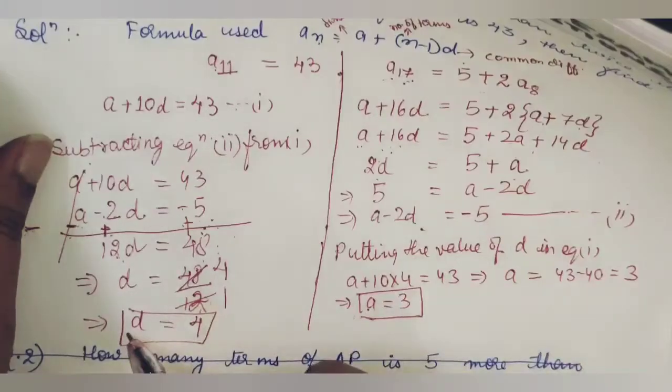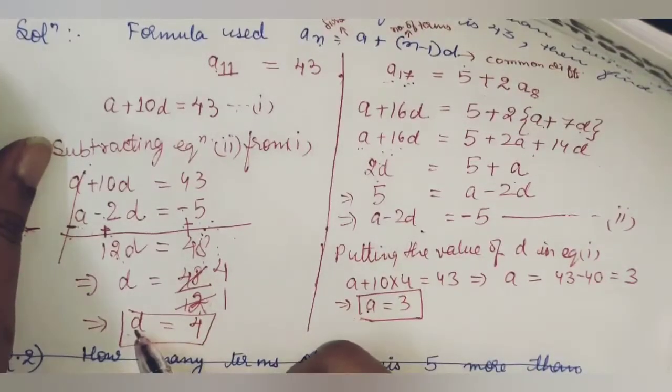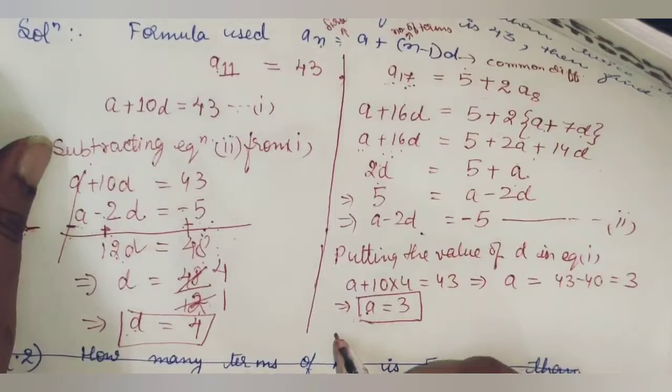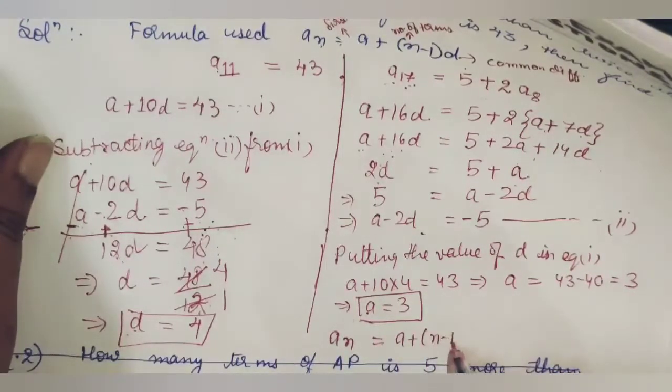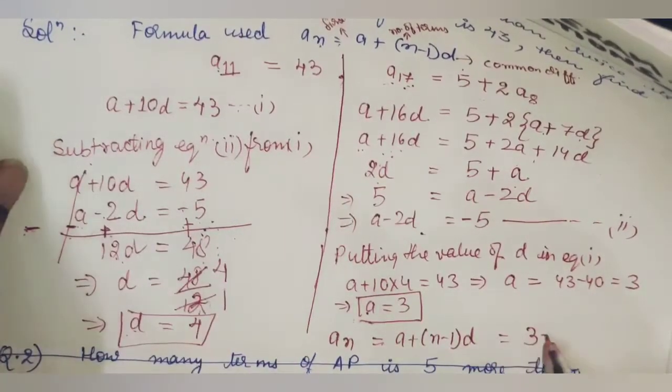a and d have already been obtained, so it is very simple to find out what is the value of an. a is 3 plus